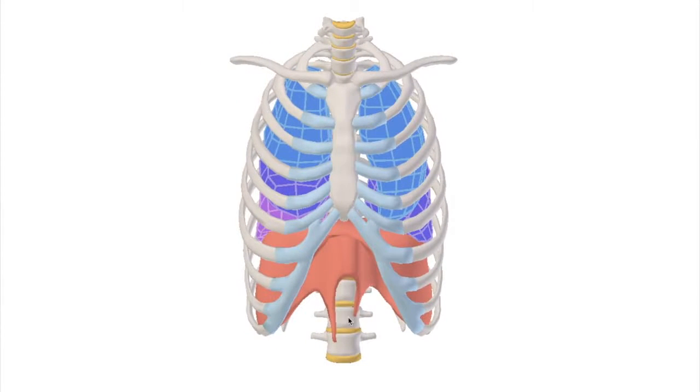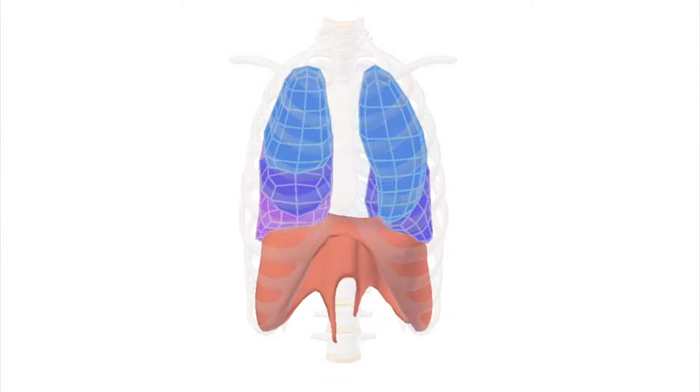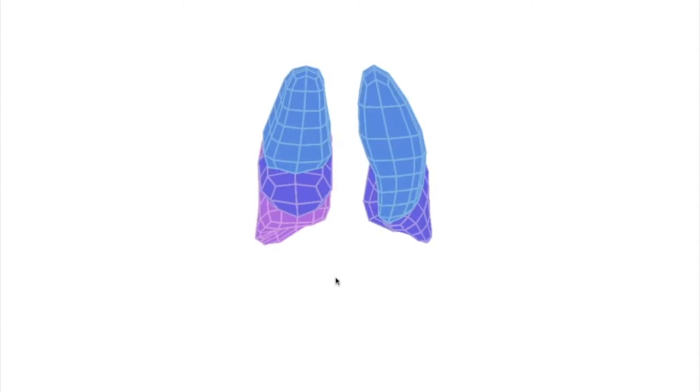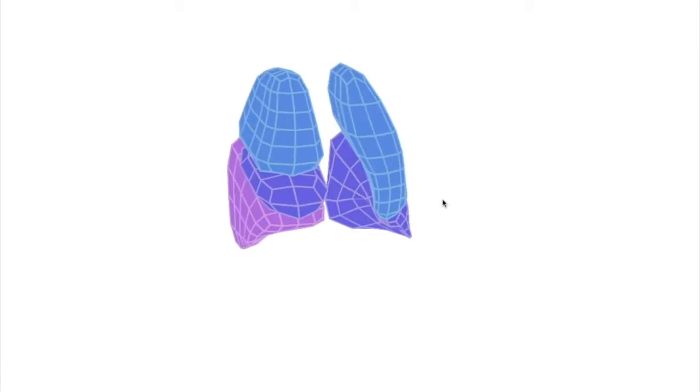Our lungs are protected by our rib cage. Beneath the ribs and above the diaphragm, we call this space the thorax. The lungs occupy the majority of this space. The right lung has 3 lobes. The left only has 2 because it has to share its space in the thorax with the heart, which sits